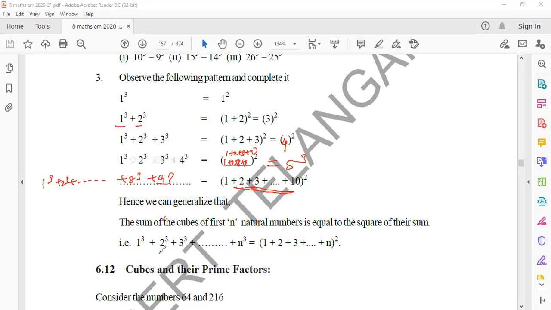It's very simple. So the format is 1 cube plus 2 cube plus 3 cube up to n cube is equal to (1 plus 2 plus 3 and so on) whole square. This format you will follow. According to the analysis above, they wrote one format. It's very simple. I hope it's very clear. Just for cubing of numbers, you have to do it up to n numbers. 4 numbers means you write the square of the sum of 4 numbers. 3 numbers means the square of the sum of 3 numbers. N numbers means the square of the sum of n numbers.